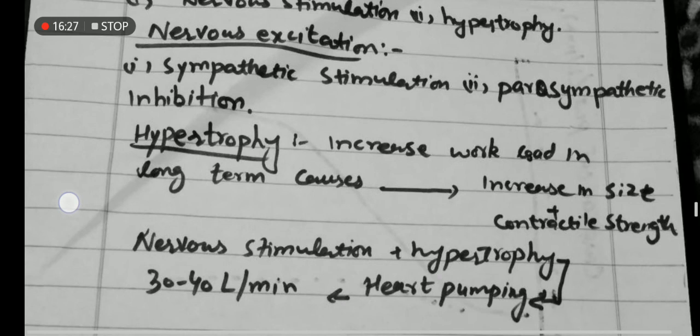Next is the hypertrophy. Hypertrophy is the increase in the size of the muscle. When the workload increases in long term, it causes the increase in size plus contractile strength. It doesn't mean ये वो लेवल नहीं है या वो रेंज नहीं है जिसमें हार्ट टिश्यू डैमेज होना शुरू हो जाता है। ठीक है, आप हार्ट नॉर्मली अगर हार्ट रेट ज़्यादा रहता है तो स्ट्रेंथ भी इंक्रीज हो जाएगी प्लस